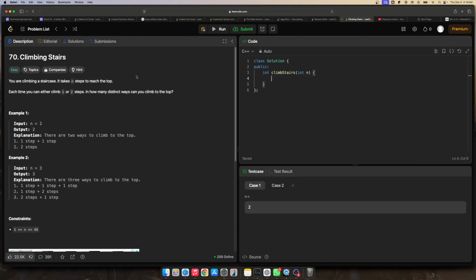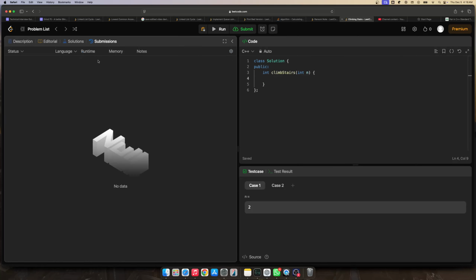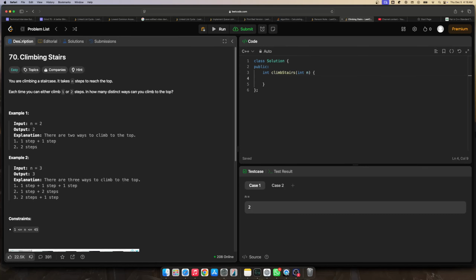I guess, have I submitted it before? No, actually. Maybe I've done this problem somewhere else, on GeeksforGeeks or somewhere, I guess, in college time. I do remember this problem. This is more like a Fibonacci type of problem. So